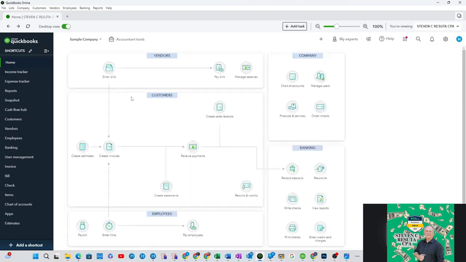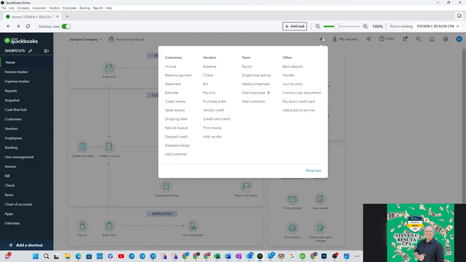Anytime you want to just start over or get a restart, you just jump back to home and you can start out fresh, and then you'll start getting used to the side menus just like you did in desktop. And just like desktop, there's so many different ways to get to everything. And the other big thing I'll just leave you with right now is the way to add a lot of new forms is right here in the plus sign. You can jump, again, a quick start, like a really good shortcut, to jump right through this to invoices, receiving payments,